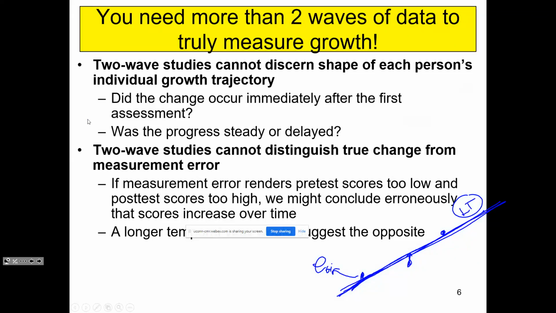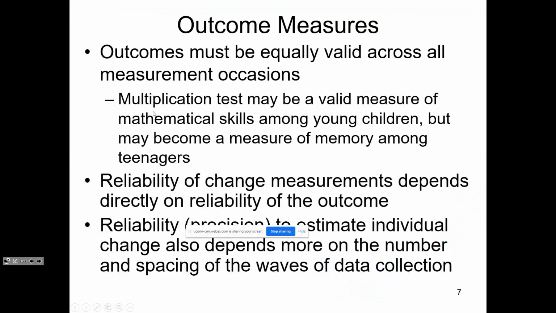All right. So we need more than 2 waves of data. And just one other thing, our outcomes do need to be equally valid. Of course, outcomes aren't valid, inferences are valid, but we need outcomes that are not just scaled the same way across time, but we also need to be able to make valid inferences from them